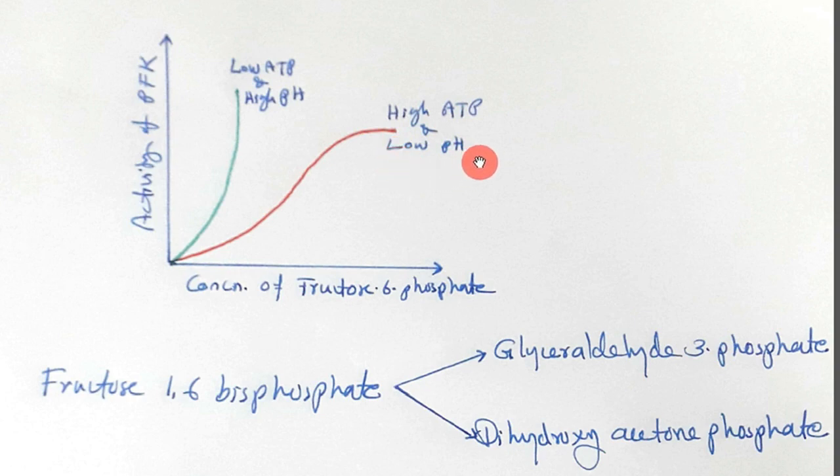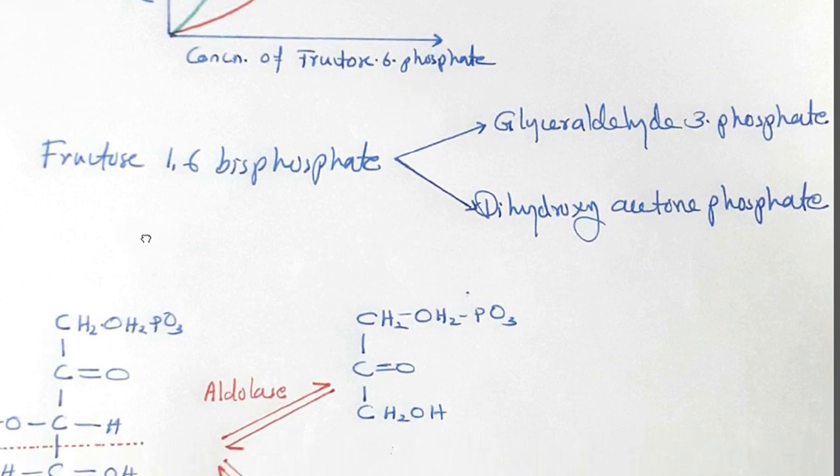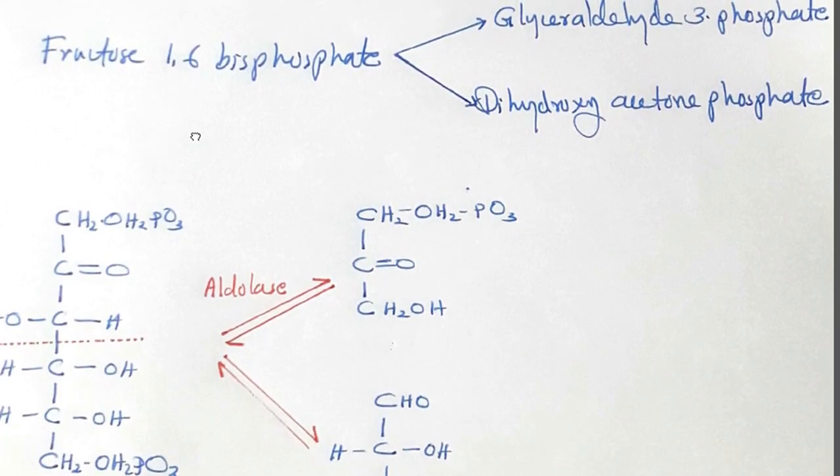So thereby the pyruvic acid is converted into lactic acid. So the presence of a high concentration of lactic acid also indicates there is a high level of energy in cells or blood. Thereby the PFK activity is slowed down. Then the fourth step of glycolysis is the